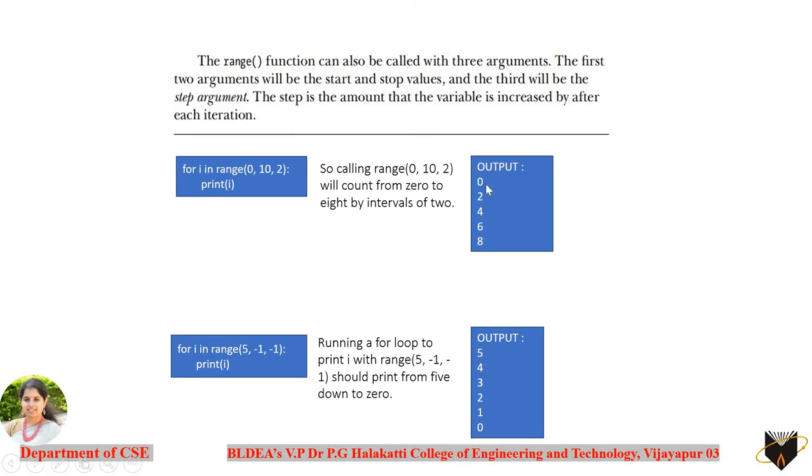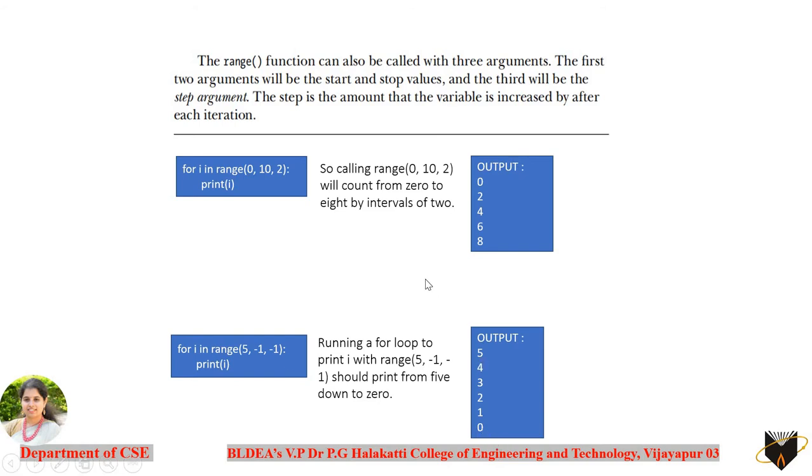You can see here it has started from 0. The next value will be considered with a 2-step increase here: 2, plus 2, 4, 6, and that means at an interval of two values with each iteration, the increment is done here. In the same way, the decrement can also be seen here. Starting with 5, with a one value difference, and every time it has to decrement, but where it has to stop, it has to stop up to -1. That is one value less than -1, that is 0 here.